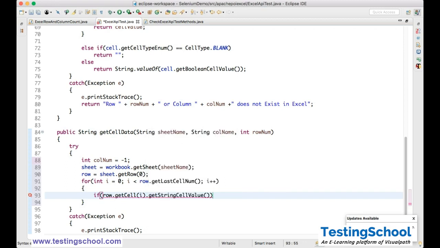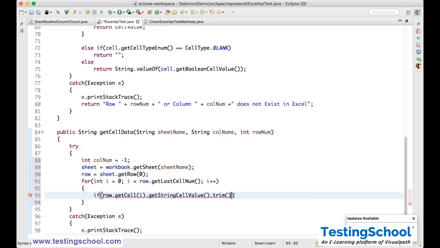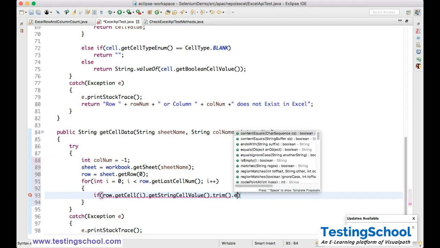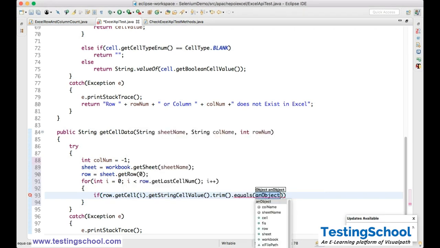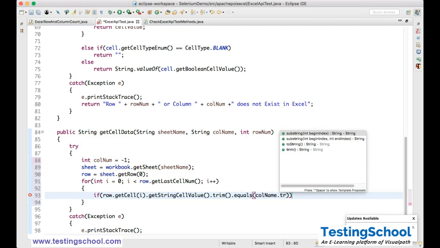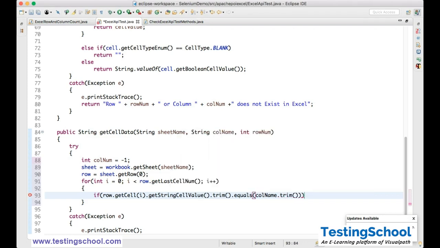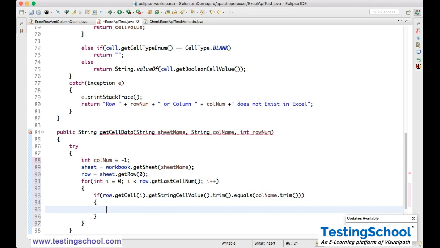Ultimately column names will be in the form of string only. Dot trim I am using, means if there are any spaces I am trimming. Dot equals the column name, this column name dot, here also I'm using trim, in case I give some spaces. If that is equals to this one,